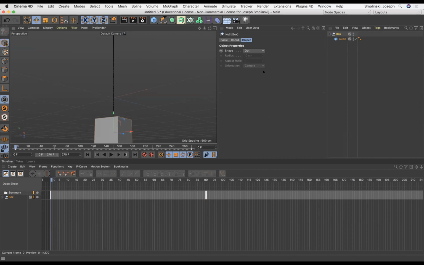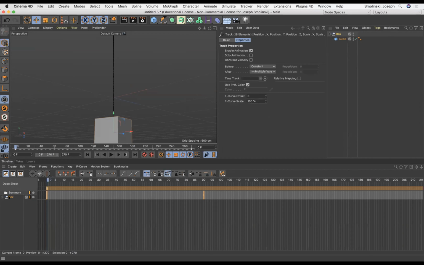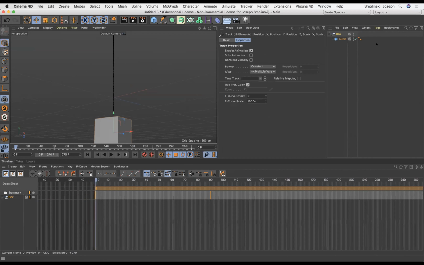Okay, the next part of this that I wanted to talk about was, let's say you've got an animation that you really like, but you want to change that or move it to another object, or just simply copy and paste keyframes to another form. So that's totally possible. I'm just going to zoom out here again,